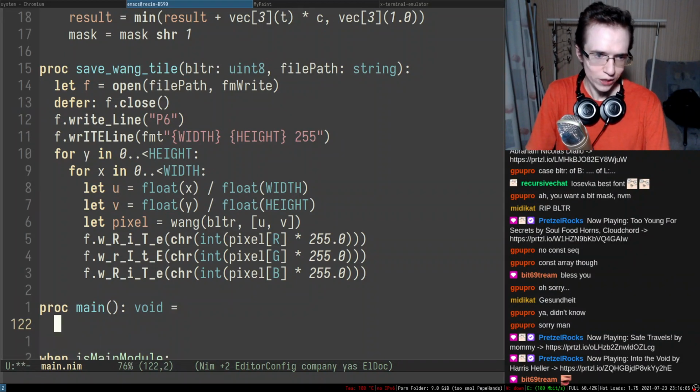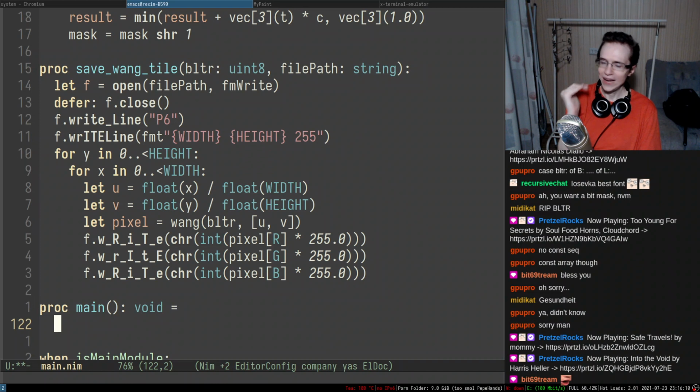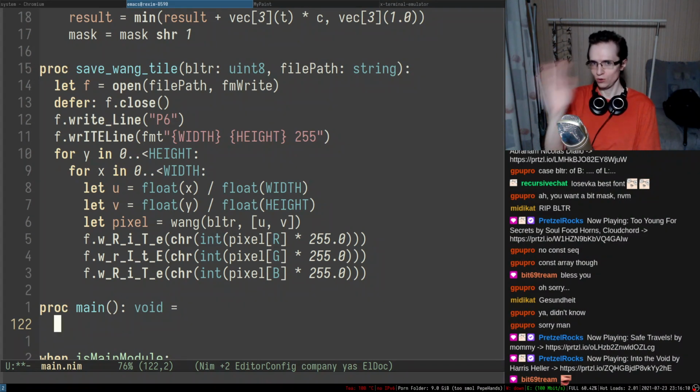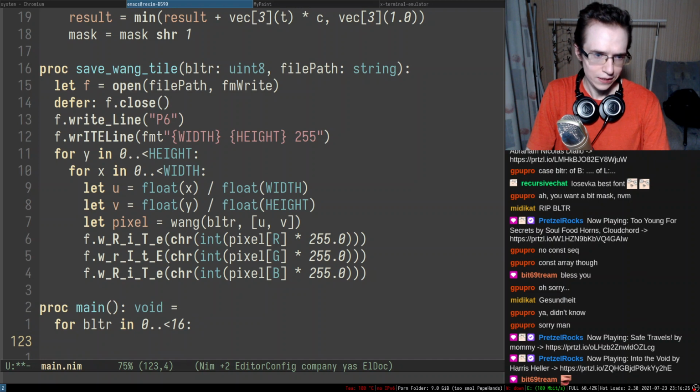There we go. And let's try to generate the whole Wang tile set and save it to the file system. So we're gonna be iterating, starting from, let's call it BLTR, in 0 less than 16. And I'm gonna do save.